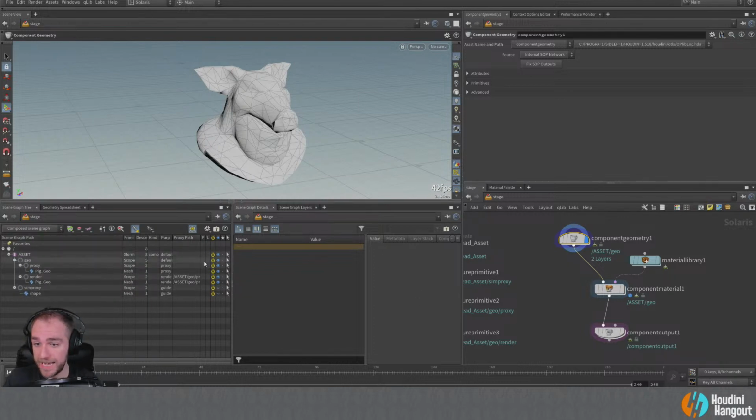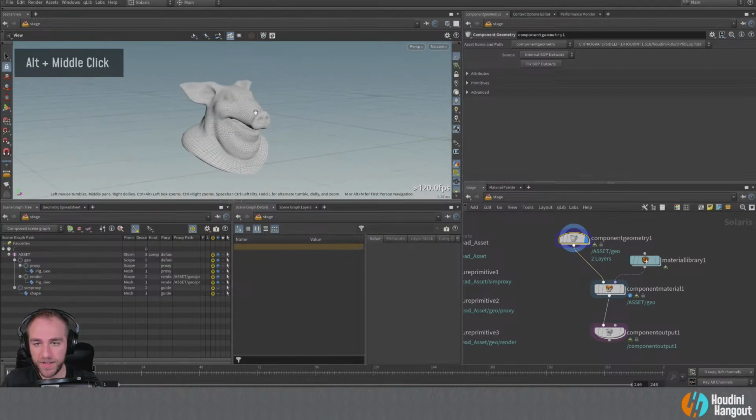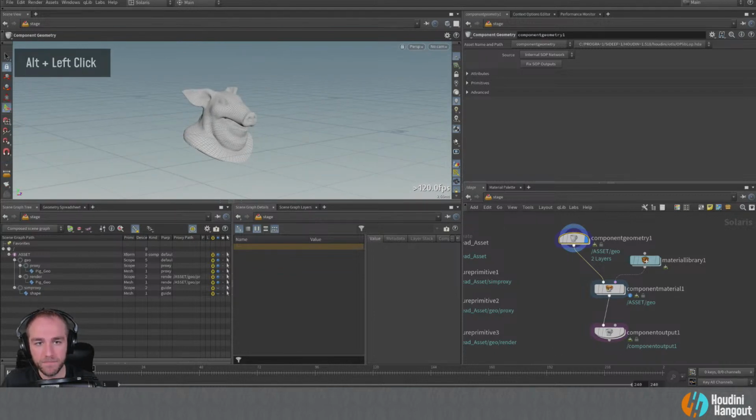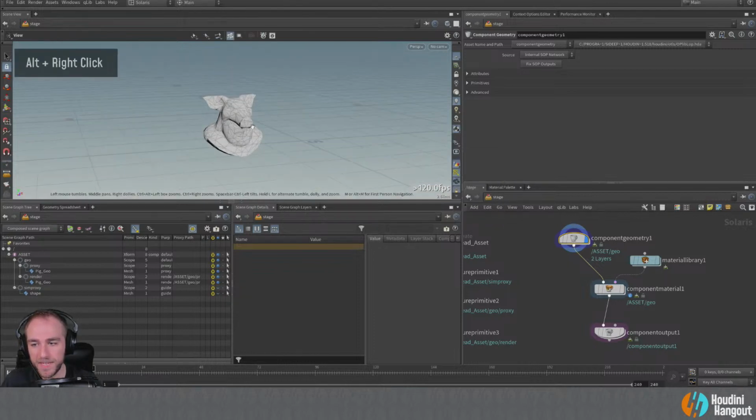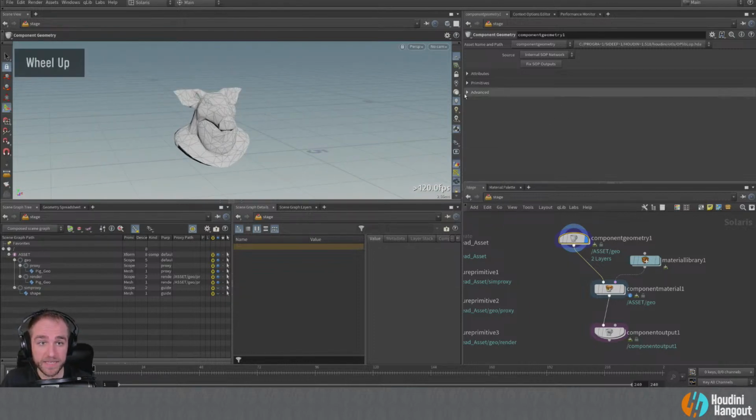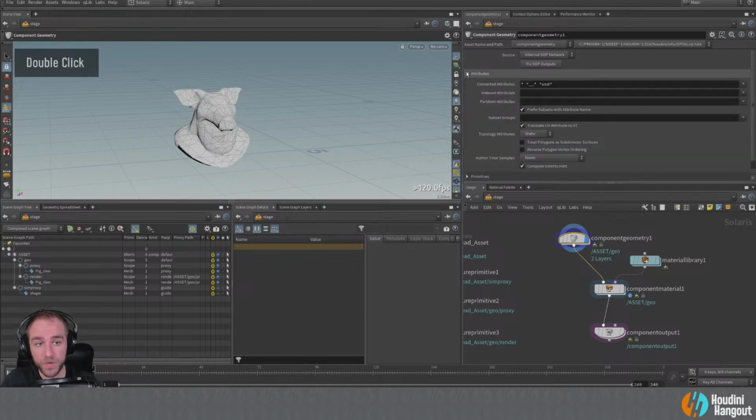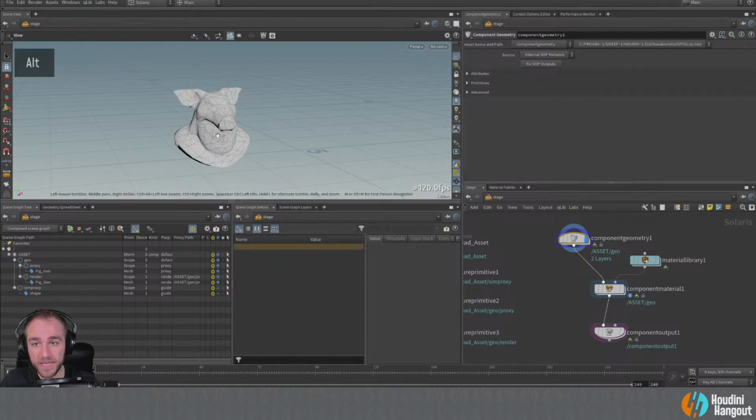And what we can do now is use the same things that we were using before. So we could set it to preview, we could set it to final render. There's our final render geometry. A lot of interesting things that you can do here already. The one thing that doesn't come in this way is going to be the shaders. So we're not actually going to be shading on this component geometry node because this is really just dealing with the geometry.